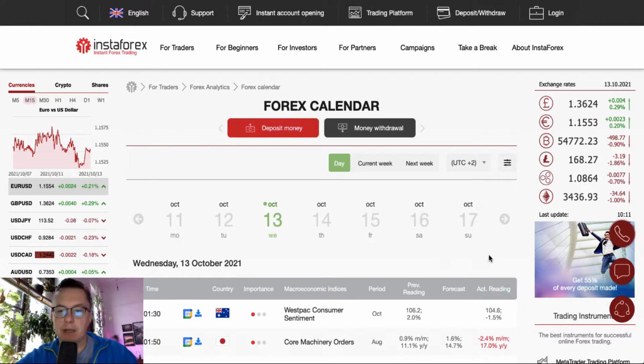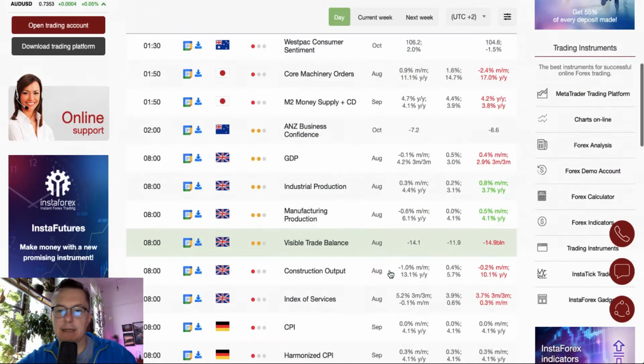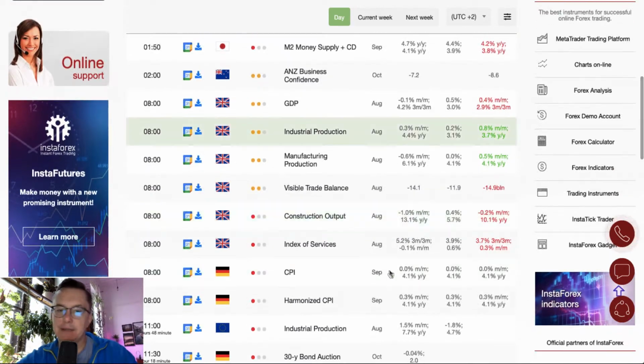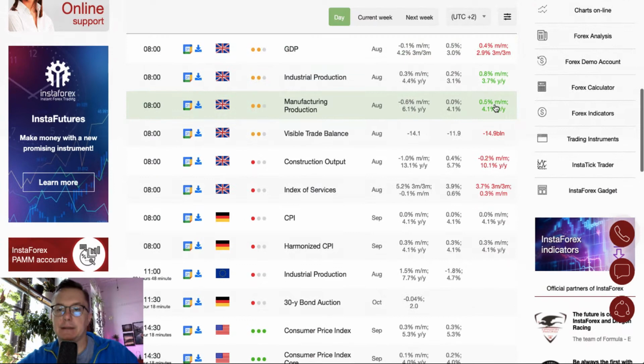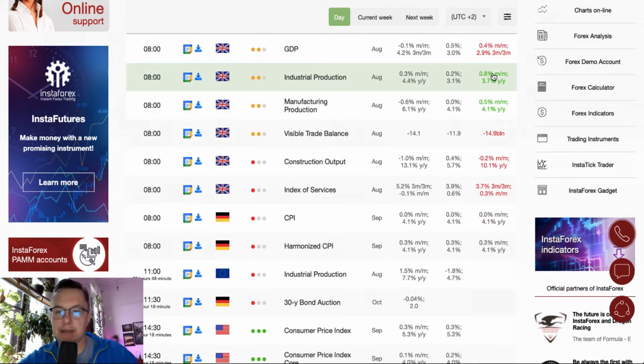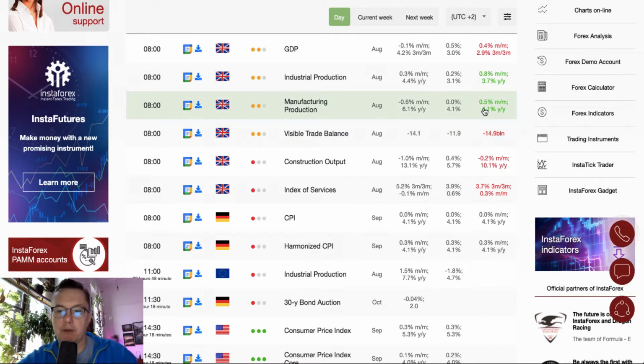Let's take a look at the Forex calendar at the beginning. So what do we have here? We got plenty of data from the UK. GDP was better than expected, 0.4% versus the 0.5% expectations, and the previous reading of minus 0.1%, so it doesn't look that bad anymore. Industrial production better than expected, 0.8 versus 0.2. Manufacturing production is going up 0.5% versus 0% and minus 0.6. So plenty of data that supports the nice outlook for the